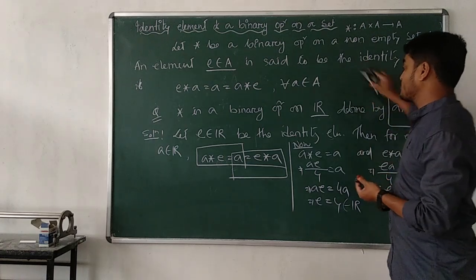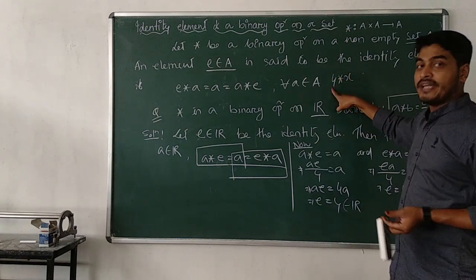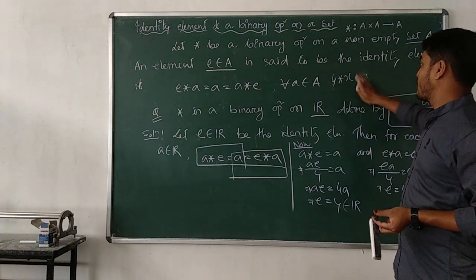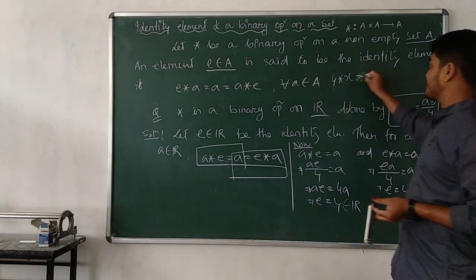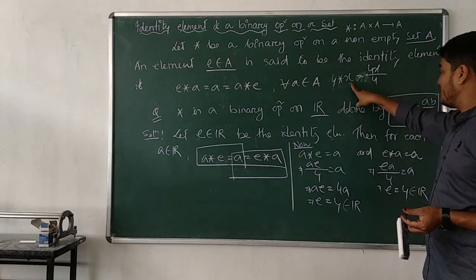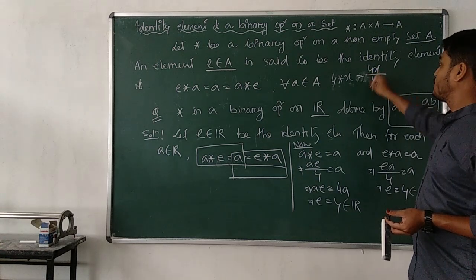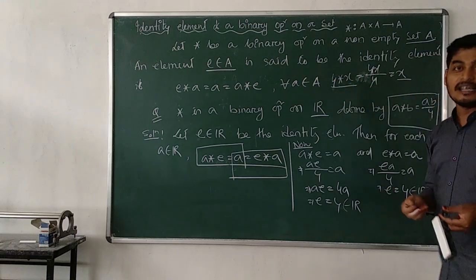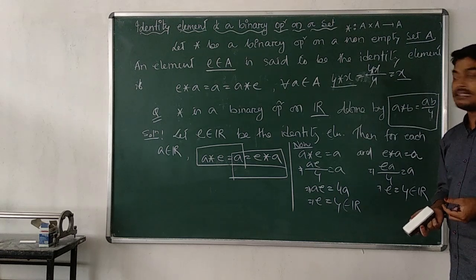So let me operate with 4 and check. Take any real number x. Suppose 4 star x; if 4 is the identity element, then the answer should be x. Let us check. A star B is given as AB by 4, so 4 star x means 4x by 4. Here this is A and this is B. A star B is given as AB by 4, the 4 cancels, and what is the answer? x. Clear? Operating gives x, so 4 must be the identity element, hence proved. So the last thing you have to write down is that 4 is the identity element.